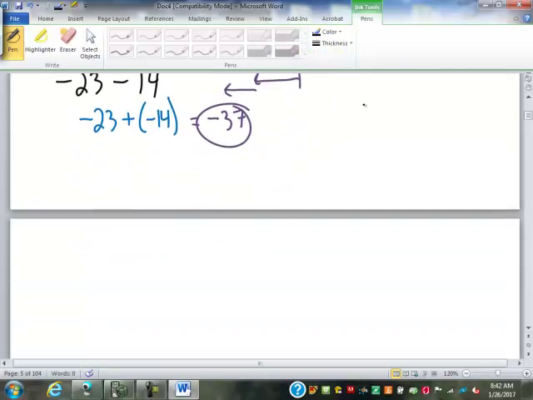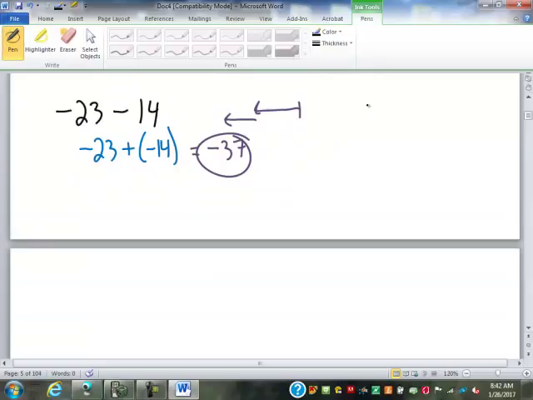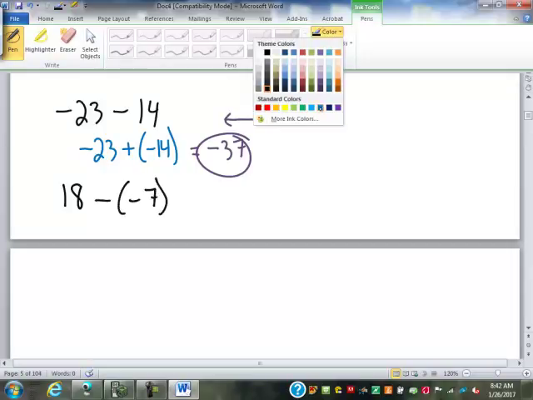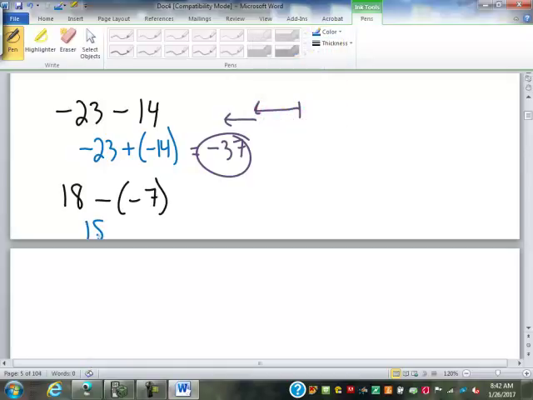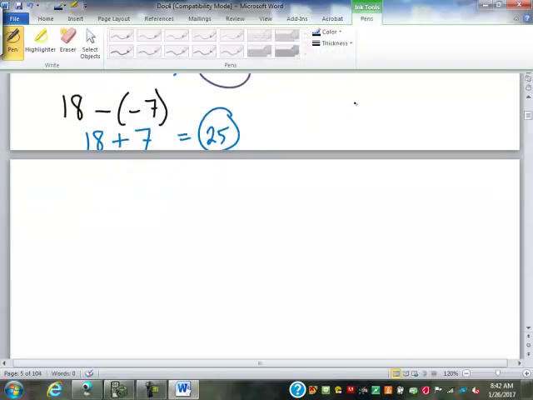The confusing part with subtraction comes when they look like this. The 18 does not change. But minus a negative 7 means add. The opposite of negative 7 is positive 7. Add a positive 7. So it's 18 plus 7, or just 25. We don't even need to draw out the vectors for that one. Even more confusing might be